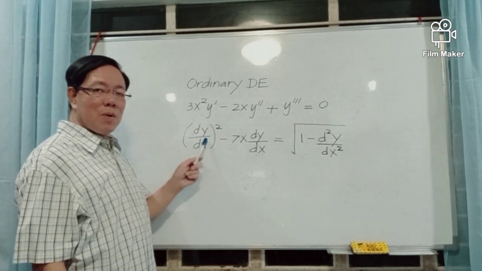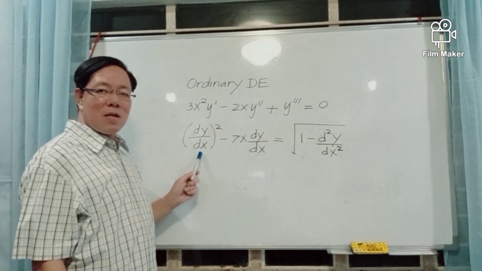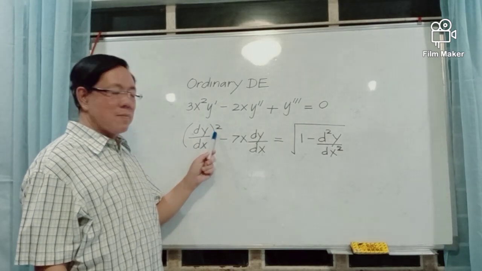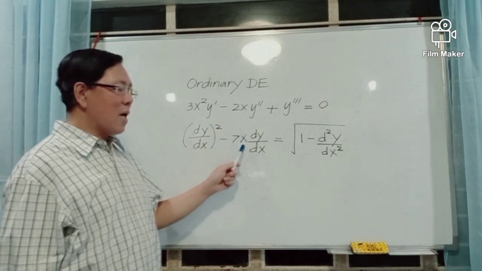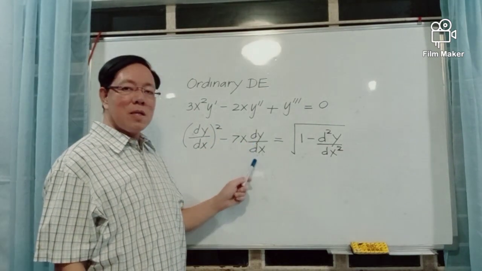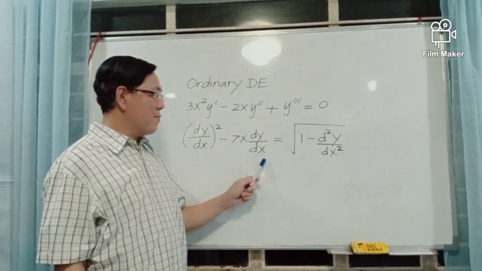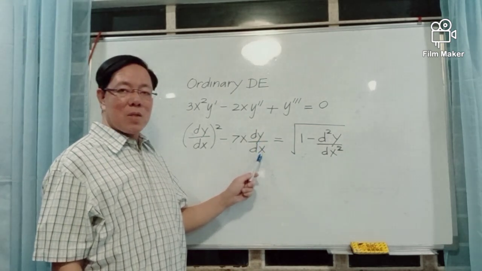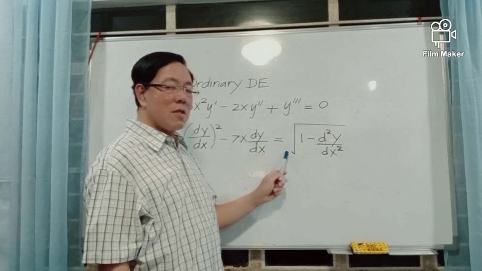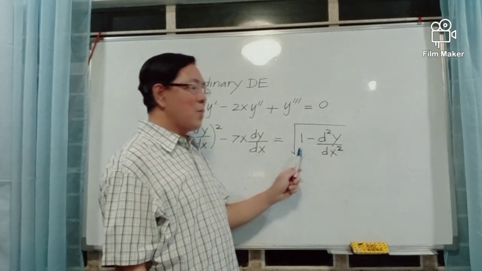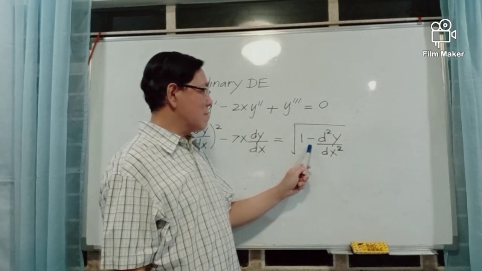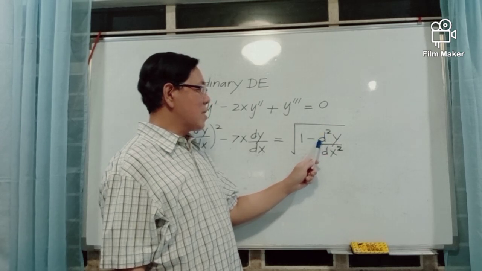The first derivative of y with respect to x is raised to the second power, minus 7xy dy dx. The first derivative of y with respect to x equals the root of 1 minus the second derivative of y